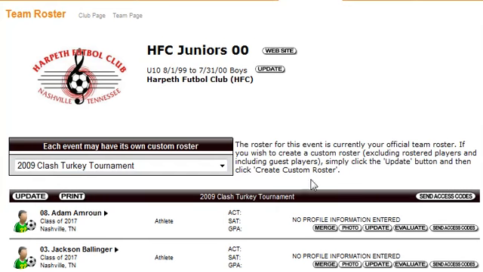And it comes up and tells me right here, the roster is currently your official roster. To create a custom roster, simply click the update button. So we click update,